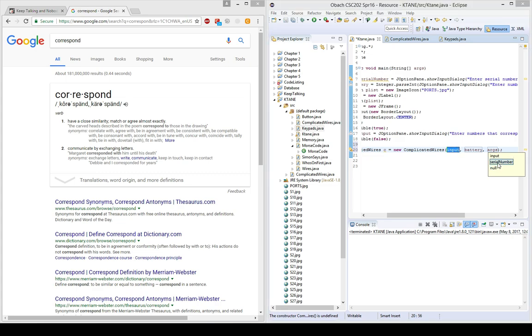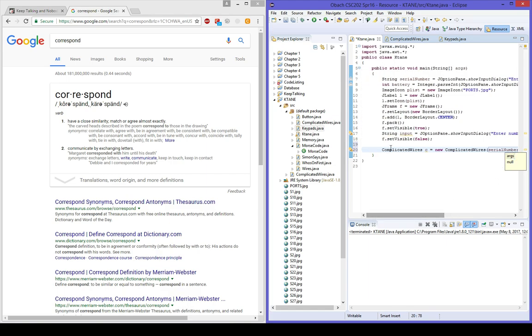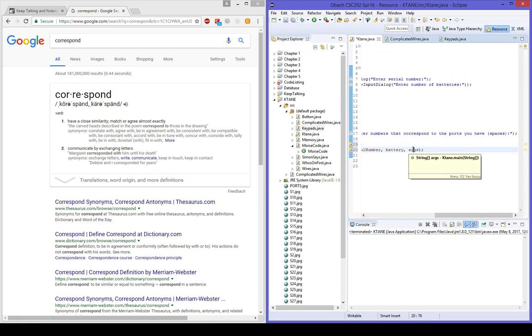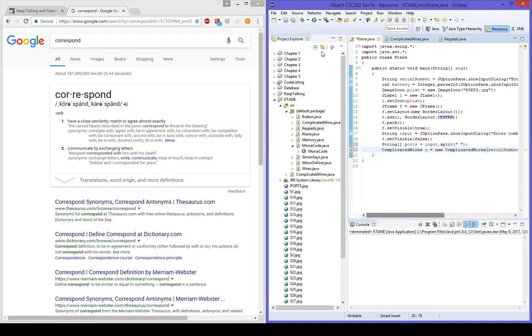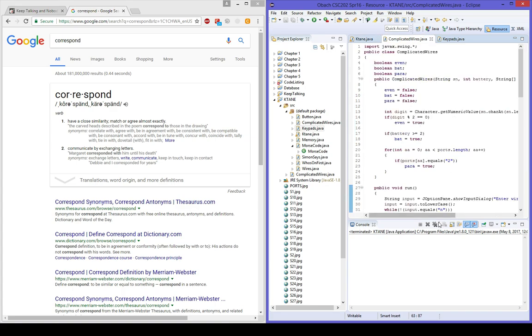We're going to put serial number. We're going to put battery. What do you mean no? Oh. String ports equals input dot split. Ports. And that should work because we got the serial number, the batteries,